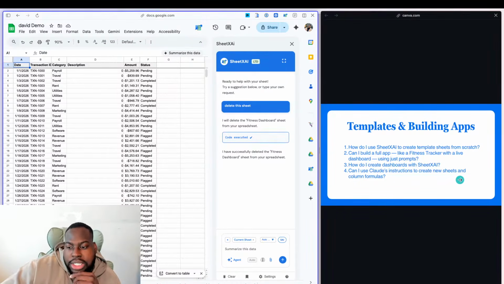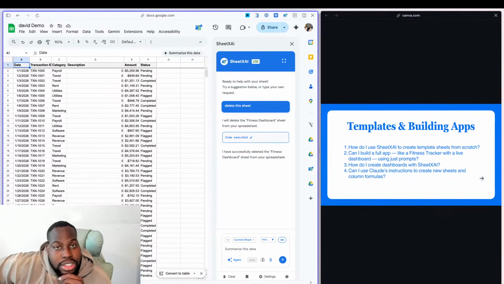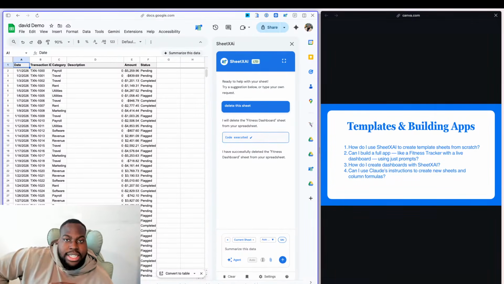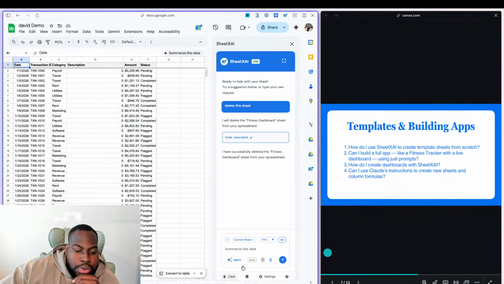Can you use Claude's instruction to create new sheets and column formulas? I don't know what you mean by Claude's instruction. Are you saying you would go to Claude and ask it for a prompt? If yes, if Claude knows you already, for sure, you could ask it. I think it's probably better to turn off auto